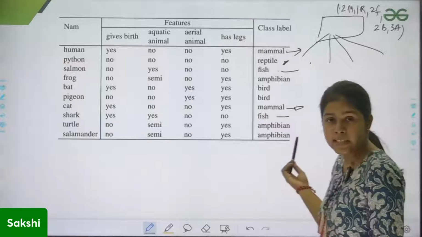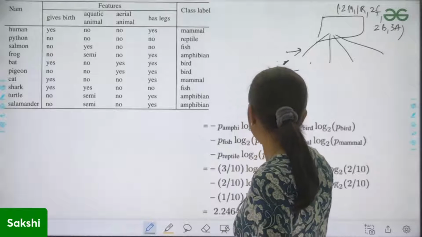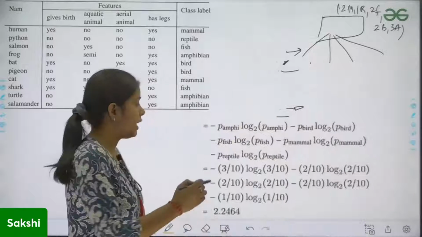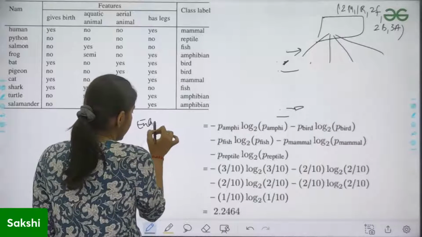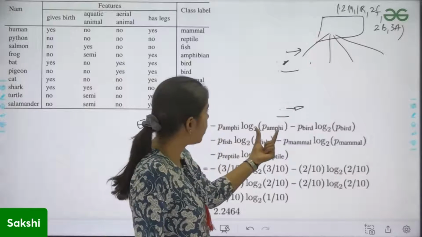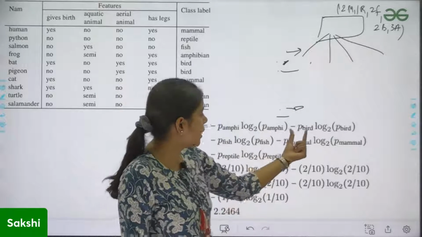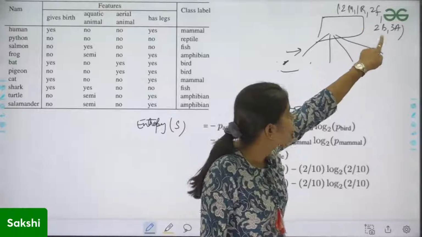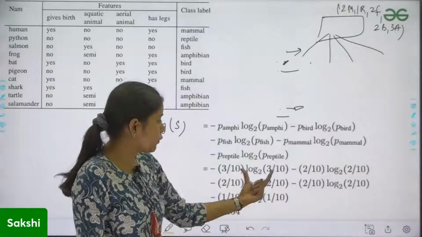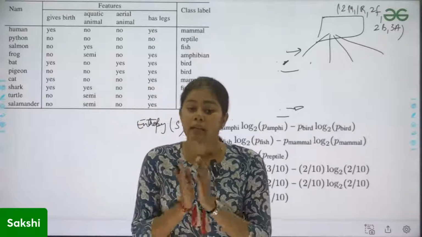So if I find out the entropy at this point, what would the entropy be here? In total we have the entropy of a set S. So what would we do? Minus P amphibian log P amphibian. So amphibian is 3, so minus 3 by 10 log 3 by 10. Minus P bird log P bird. How many birds do we have? 2 birds, so 2 by 10 log 2 by 10. And then we will find out for fish, mammal and reptile. We'll get the entropy 2.264. And in the last class,